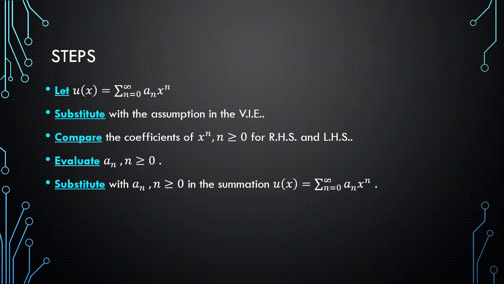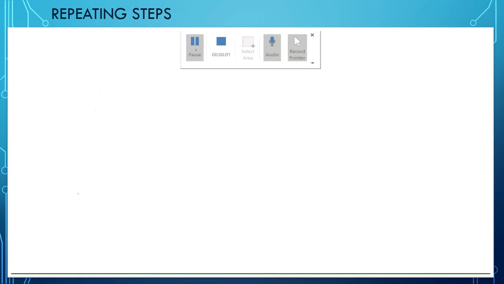You can substitute it in the assumption to get u of x equal to the summation n from 0 to infinity a n, now we know them, multiplied by x raised to n. We sometimes can be able to evaluate the nth term of u of x, and then we can get the closed form of the u of x. This is a nice explanation for the series